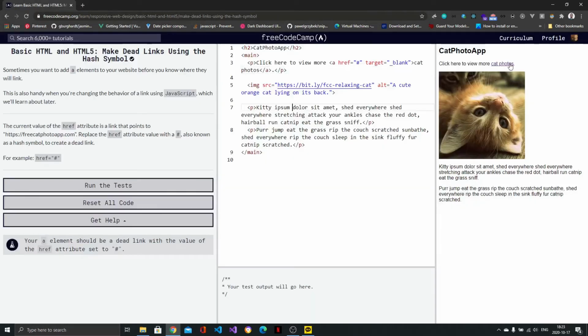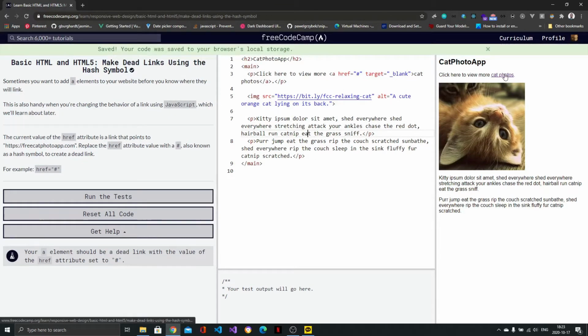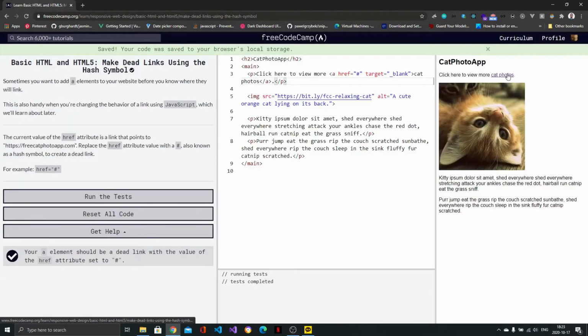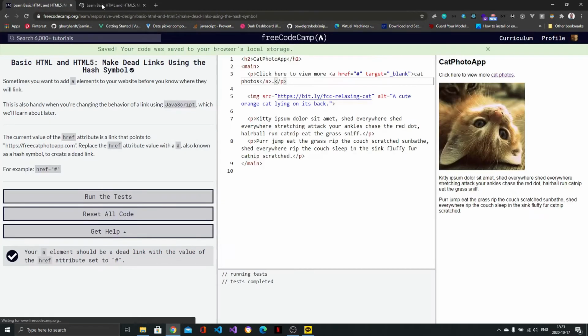So now if I click on it, of course this is not really working because I need to run it, I think. Yeah. It's quite interesting that it doesn't really point. Or I think what it does is that it just reloads the actual link. So what they're saying is sometimes you add A elements before you know where they will link. So the use case for a dead link is if you don't know where it will point or what it will point to